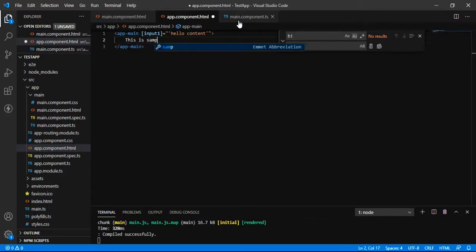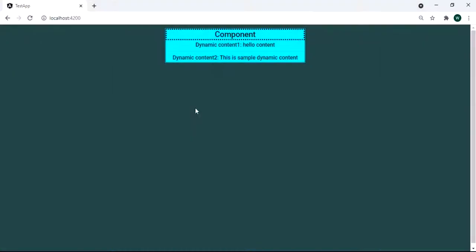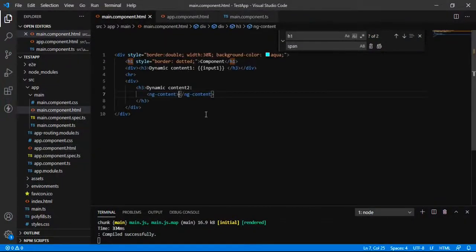So whatever we pass in between this app main tag is going to be projected inside the ng content directive that is available.